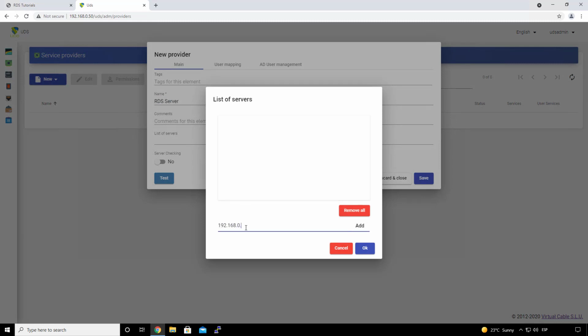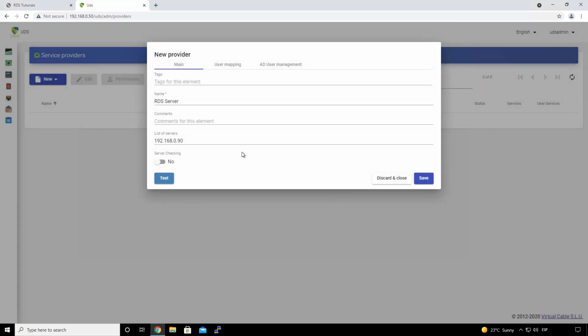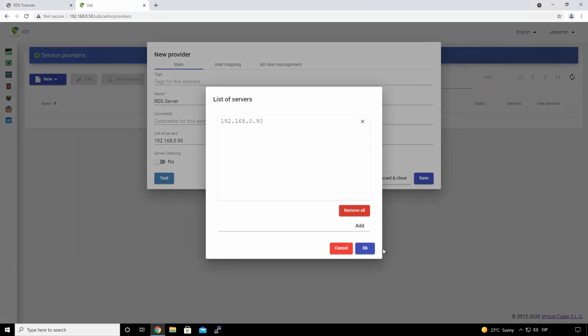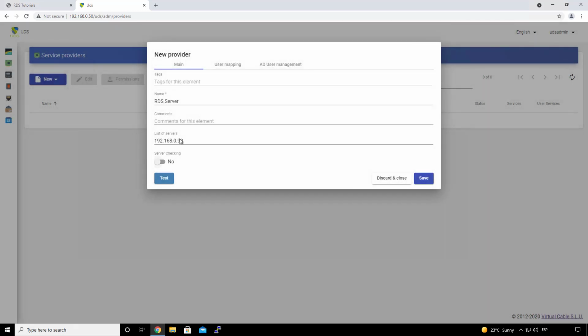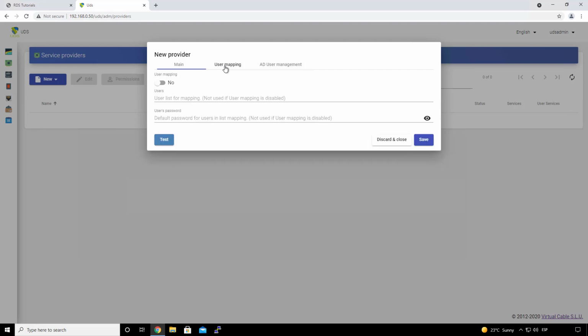In the case that we have more than one RDS server, we can put it here. And in the case that there's a crash or malfunction, it will try to connect to the second one or the third one that we have. Don't forget to click the server checking. Okay, so on the user mapping,